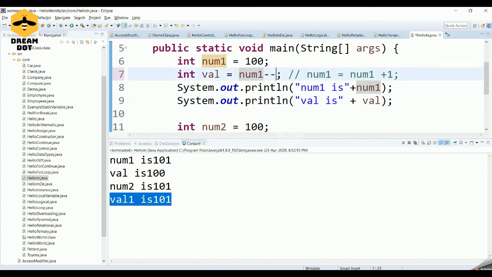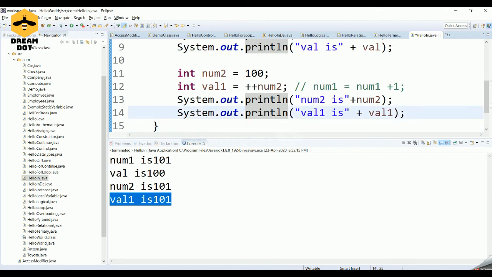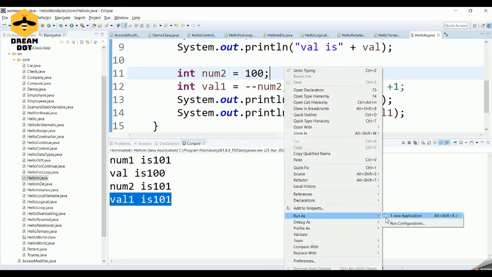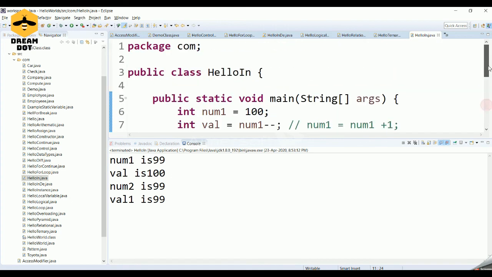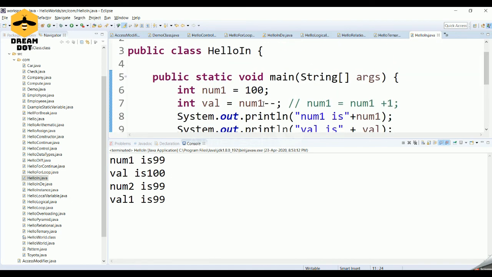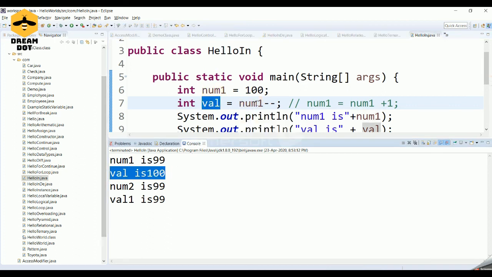Imagine if it is minus minus, and if it is minus minus in the beginning. Now if you run this particular program, the output will be different for both. So here first it will assign the value. Okay, num1 will be assigned to val. So val will be 100 always. After that it will decrement the value.